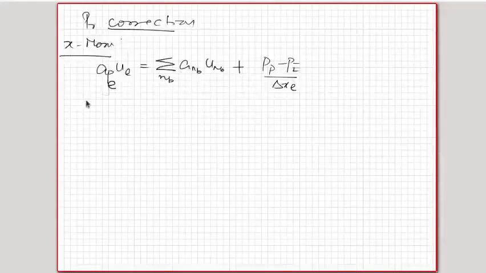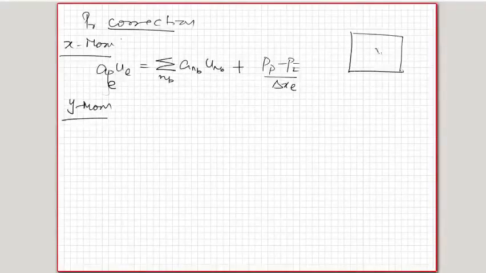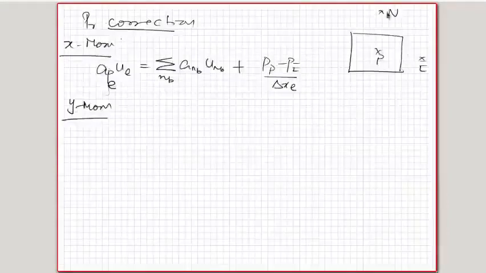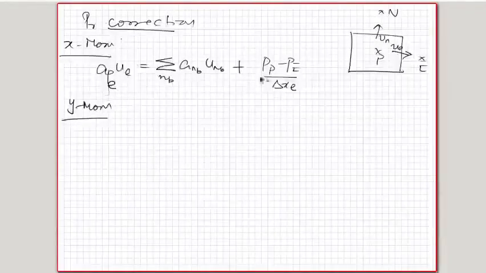Now, similarly, Y momentum equation for the northern control volume. So if I take this as your control volume, this is P, this is E, and this is N. I can write for E and N, so there is UE and VN. This UE I have written the equation for. Similarly, I can write for UW in terms of PP and PW. Similarly, north I can write